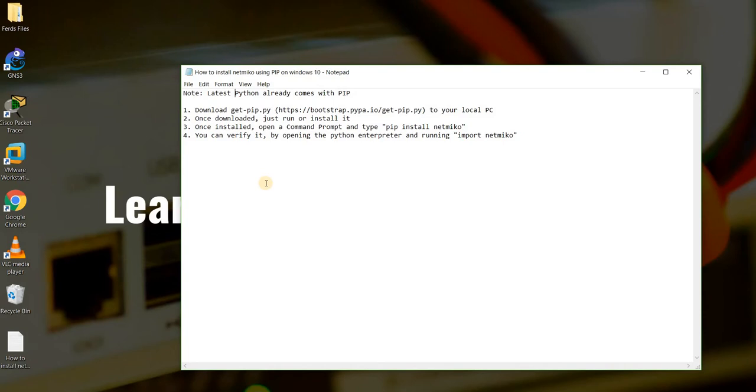But for some reason, after you type pip install netmiko and you get error messages, you can follow this instruction here. So, like I said, I'm gonna go ahead and go through